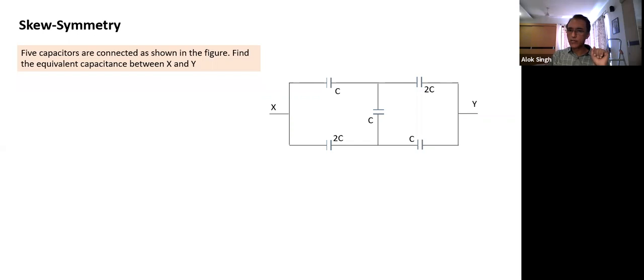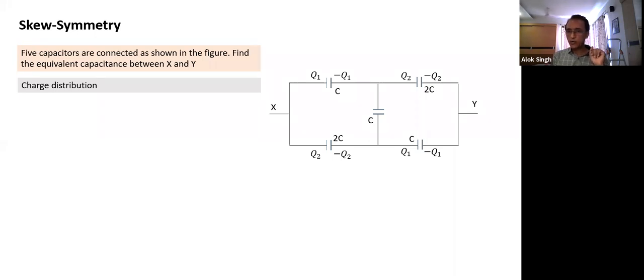This is a charge system given. What is the first point we start with? We start with noticing some kind of symmetry. Because of symmetry, I assume these two are similar. So if this has charge Q1, this also will have Q1. If this will have Q2, this also will have Q2. So I start with the charge distribution first. I have given plus Q1 minus Q1. And the other pair, which is symmetrical, I have also given the same charge. Then I have given charge to the other capacitor. The corresponding pair is also given the same charge.